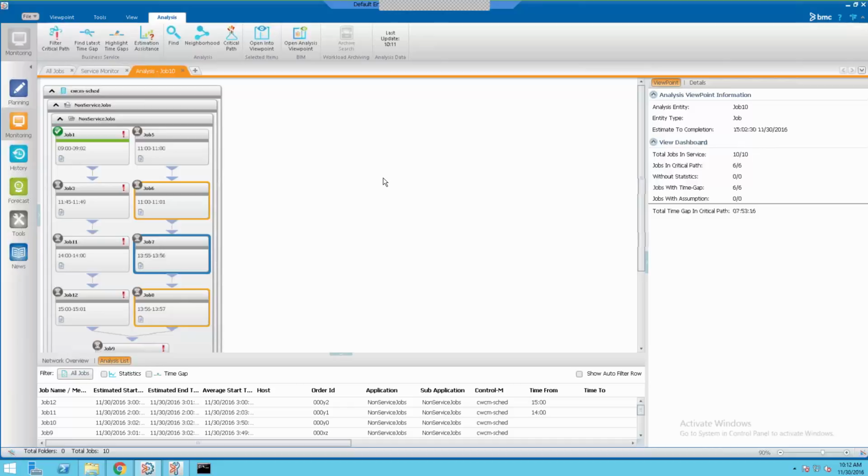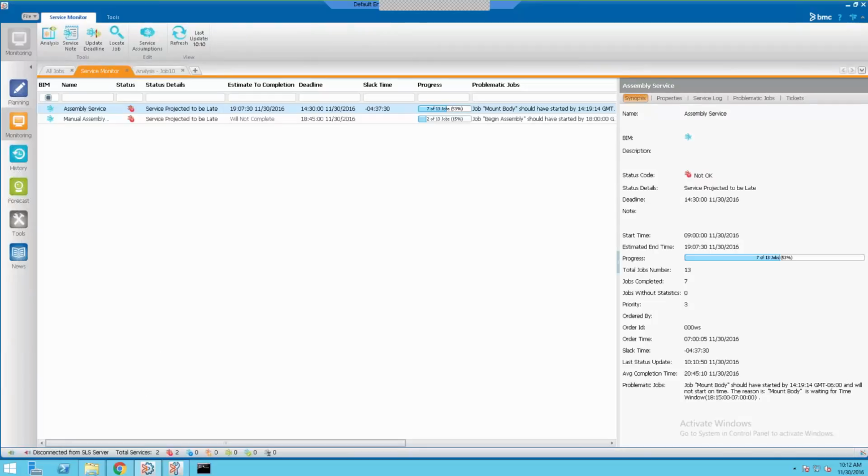Okay, so the next thing I wanted to talk about was the new feature in version 9 called a What-if Downtime scenario. So as those of you that have used both BIM and Forecast know, there's different what-if scenarios. So this is a new one for version 9. So I'm going to take a look at my assembly service here in the service monitor, and I'm going to